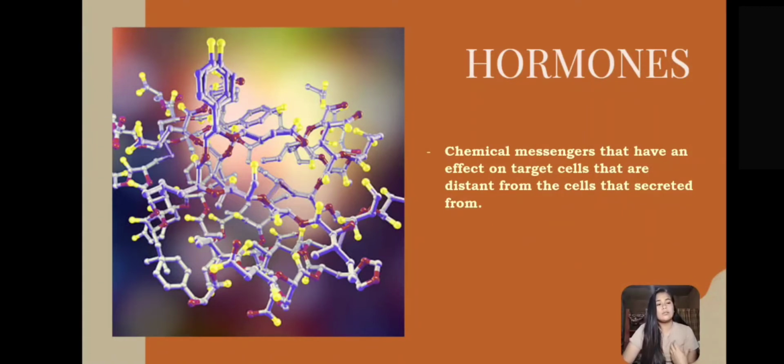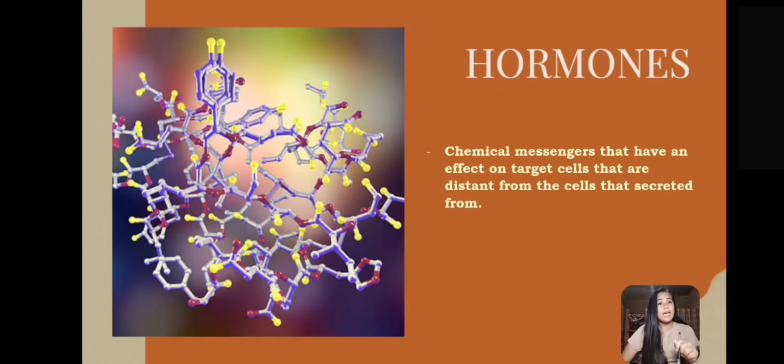Unya, kani po dayong target cells, nani sila receptors. Unya, kaning after dayon nga ma-receive dayon sa cell through its receptors ang hormones, it will then do its specific function.